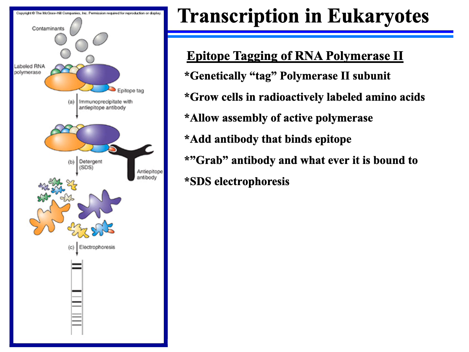This method or technique is a modification of our understanding of the immune system, manipulating it in order for us to gain knowledge about other proteins. So the first step in this protocol is to genetically tag or mark a protein in question. In this case, we want to study what proteins interact with RNA polymerase II in eukaryotes. And in this specific case, the RNA polymerase II was genetically modified or tagged,